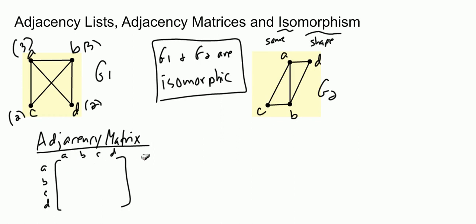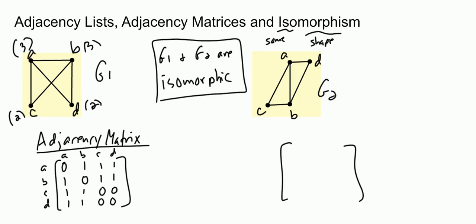So when we look at A, A is not connected to A, but A is connected to B, C, and D. B is connected to A, not to itself. B is connected to C, and B is connected to D. C is connected to A and B, but not itself or D. And then D is connected to A and B, not itself or C. Okay, so this is our adjacency matrix over here,